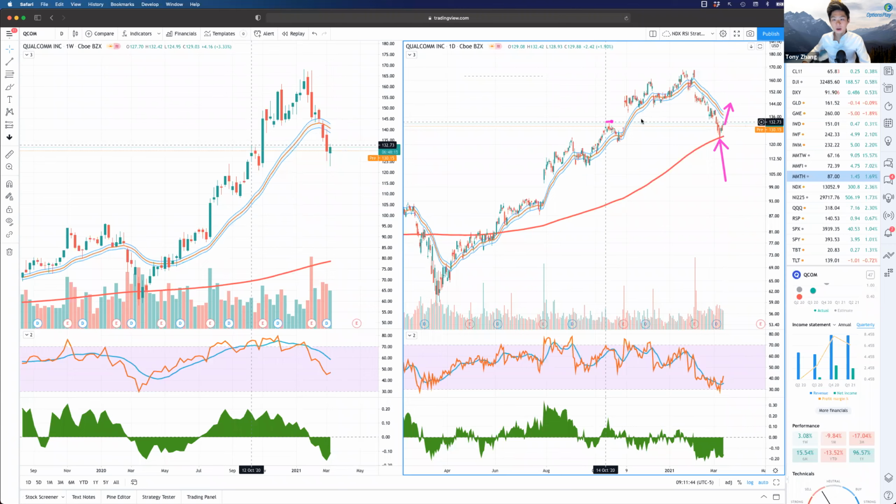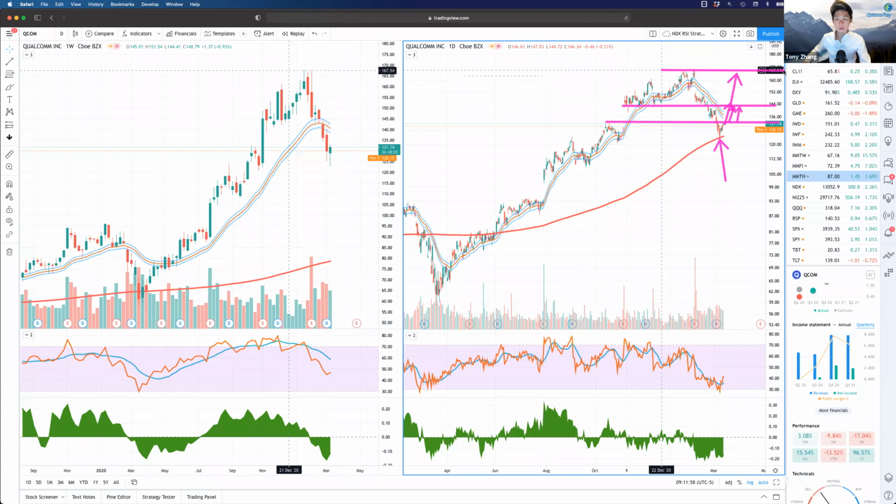But you do have some resistance level here around 136, 142. This is one that's going to be perhaps a bit of a struggle to get through these resistance levels. If it can get back above 142, then you can see a 170 or so. Long term,